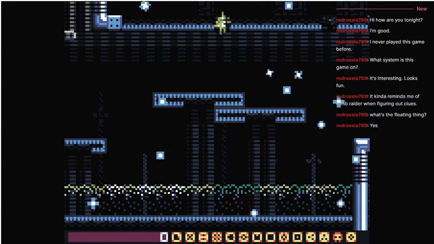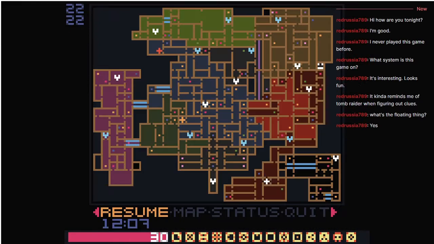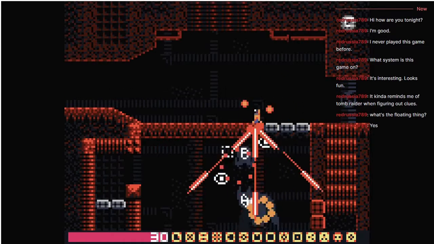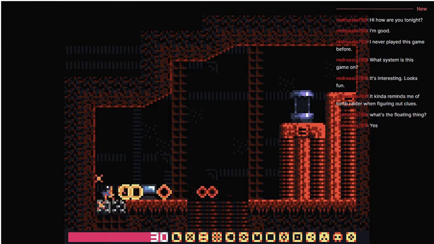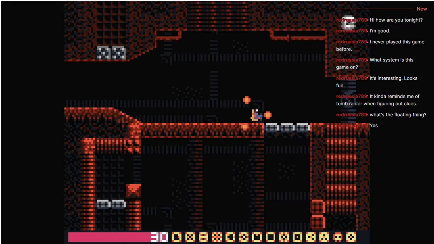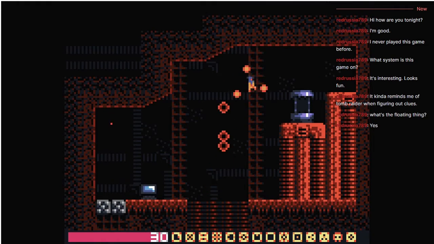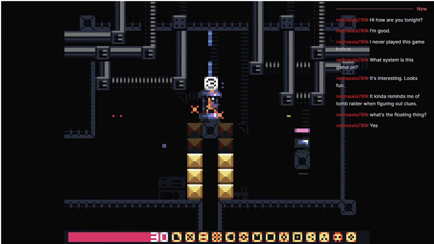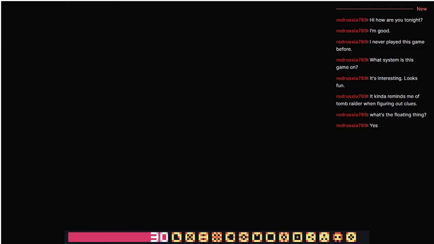Oh, I killed myself. I forgot I had a health bar. That puts me back here again. That's too bad. Yeah, so the circular things that I was trying to shoot at, they usually do something like that. They break something or move something. And so the question is, can I...